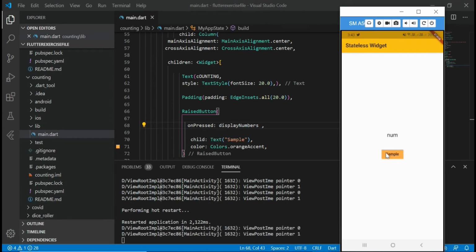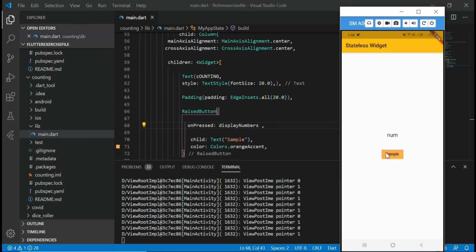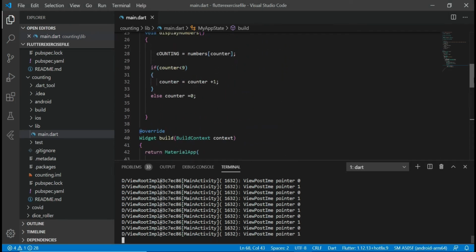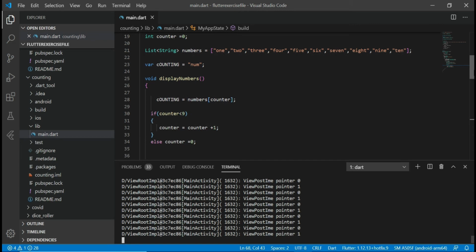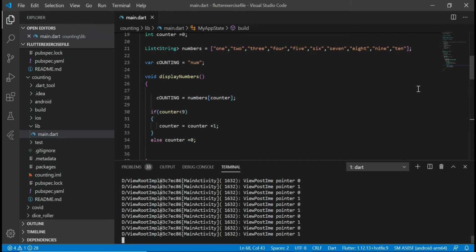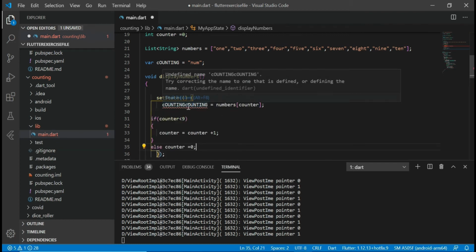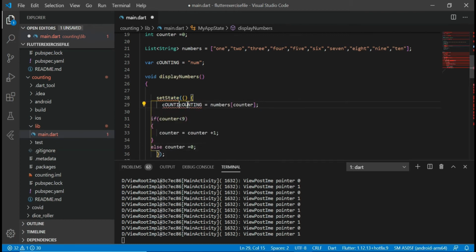Now we have done all the code correctly, so why are we not getting any output, and there is not even a single error in the code? This is because we are changing the state of this counting, which means when I hit the button, the text counting is going to change its state to 1, then 2, then 3 till the end. So we need to wrap this text inside the setState method. And this setState method, just wait, I'll tell you. First run our app.